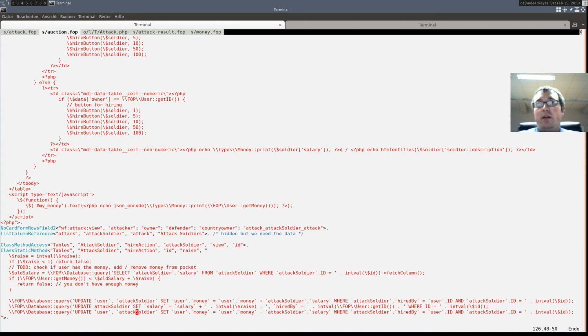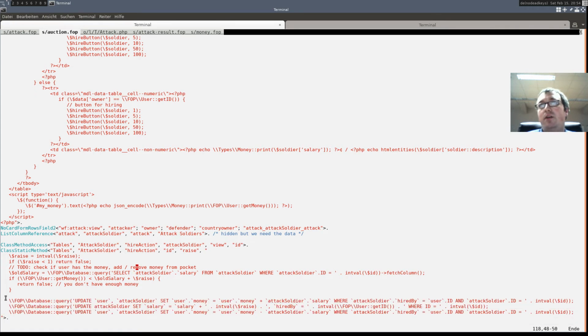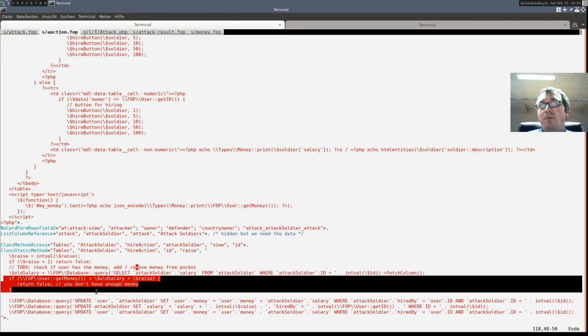Okay, and now we have to do another thing. We have to put this all into a transaction. Why do we have to put it into a transaction? Well, if a user double clicks on the thing, this gets executed 2 times simultaneously. So it could 2 times pass the money check, but then double spend the money.